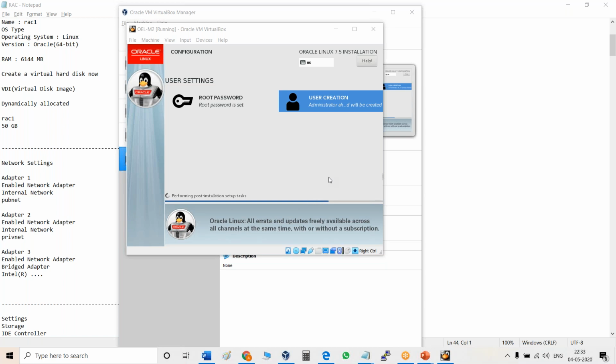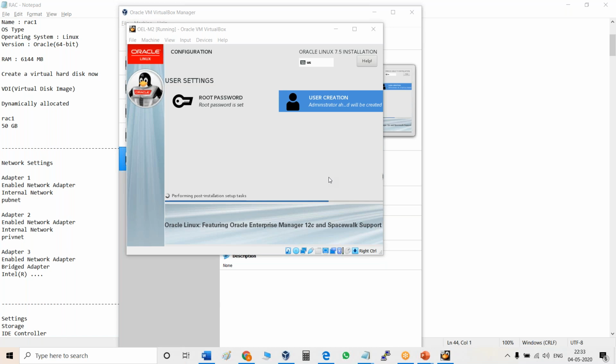What are the important packages we need to select? It is difficult to select packages for the machine. See, for Linux, you can go with any package, but whatever package I have chosen is enough. And for Oracle database from 12C, they have a pre-installation file. By that, you can install through yum, and that file automatically does the minimum requirements for your database in Linux, because till 11G we do manual things.